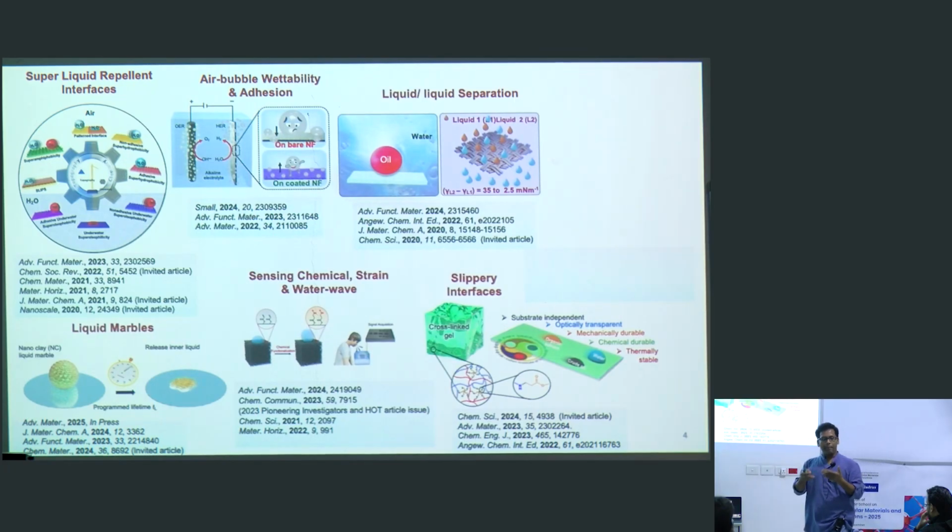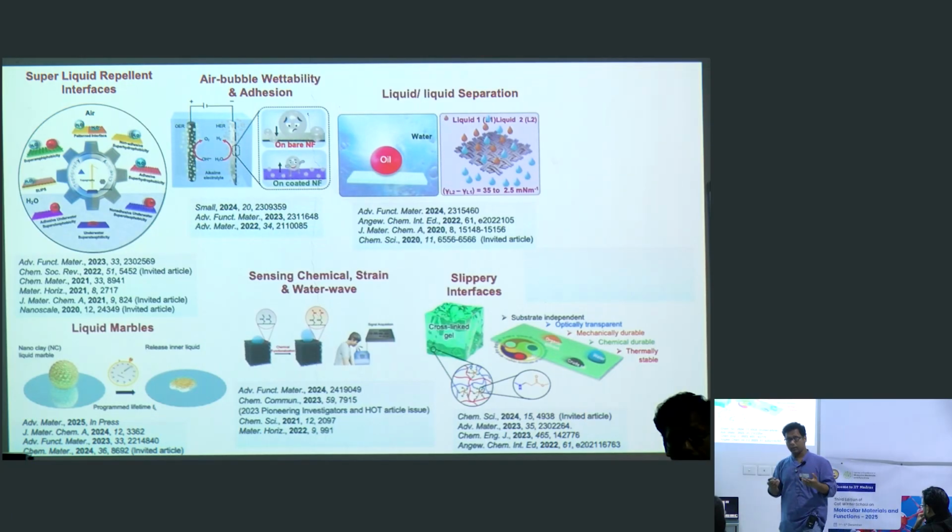And once you match these two parameters, then the beaded droplet, instead of rolling, will slide off and leave behind no trace of that liquid. So it's doing a very similar job, right? It's doing a very similar job, but here you can get a very optically transparent coating. Okay, but when this topic started, there were some issues. I'll talk about that. But now you can derive a substrate independent, optically transparent, mechanically durable, thermally stable such sort